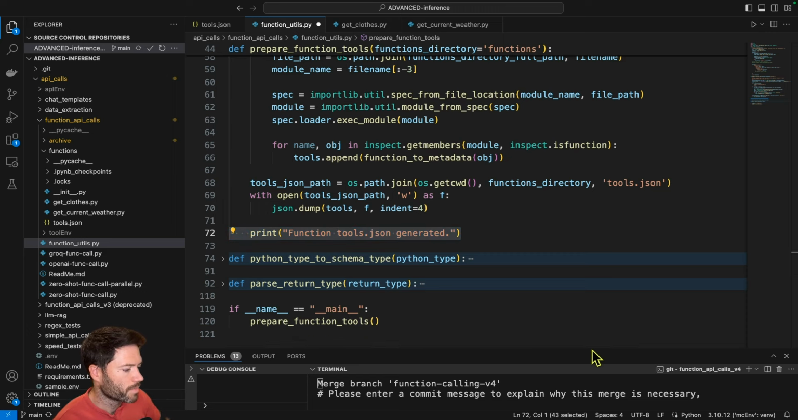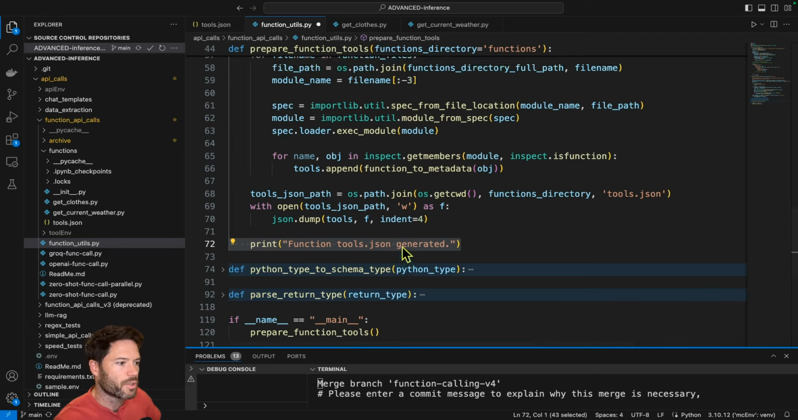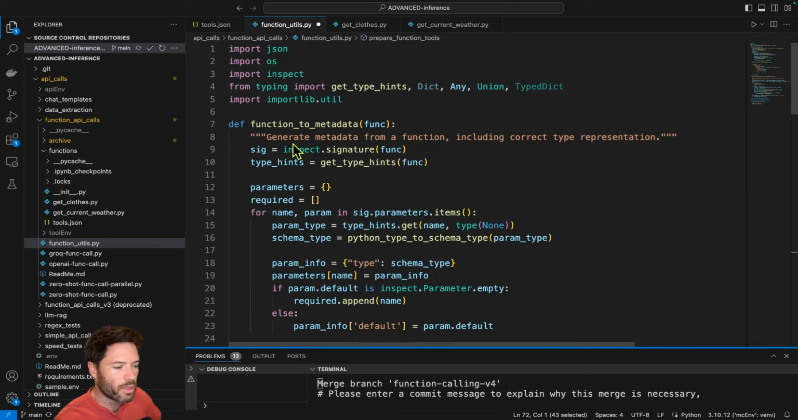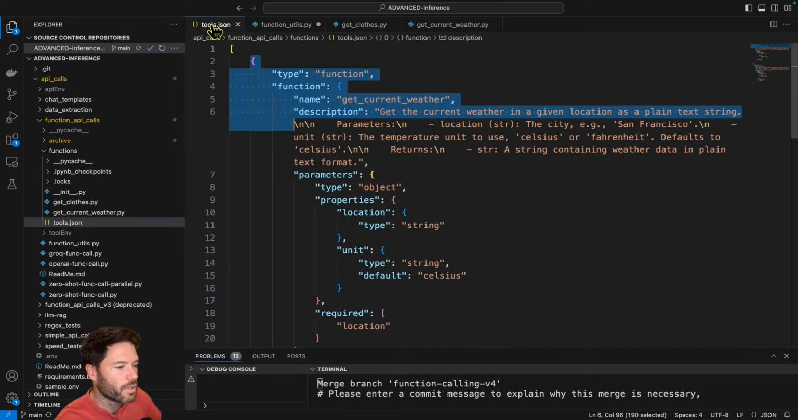So you can run this script. If you do run it, it's just going to run prepare function tools, which in turn will run function to metadata twice, because we have two functions located here. Sorry, I might have been pointing to the wrong files earlier, but I meant to point to these two function files here. And by the way, I'm going to run that at the very start of every call I make to the LLM, just in case there have been changes to the tools that I want to select. And that is going to result in a flattened